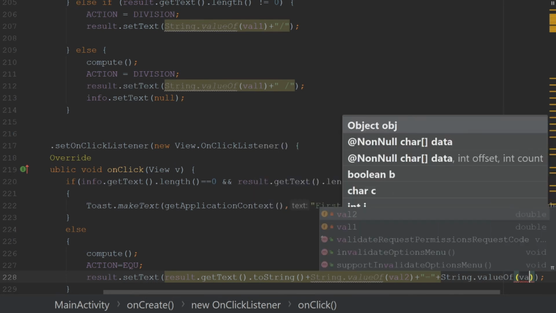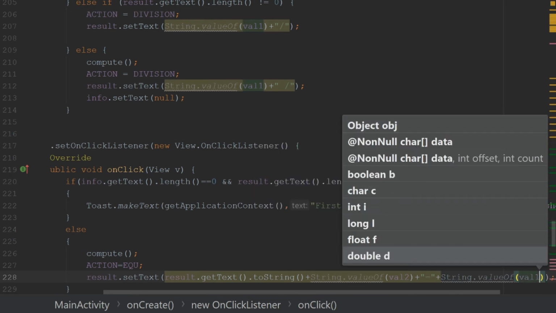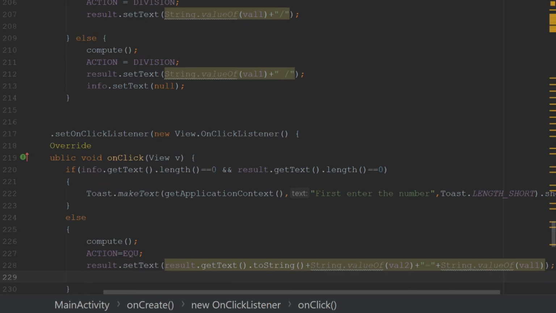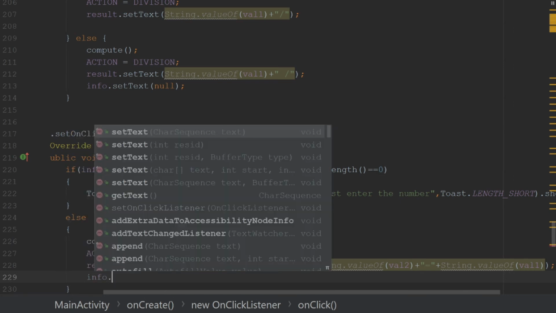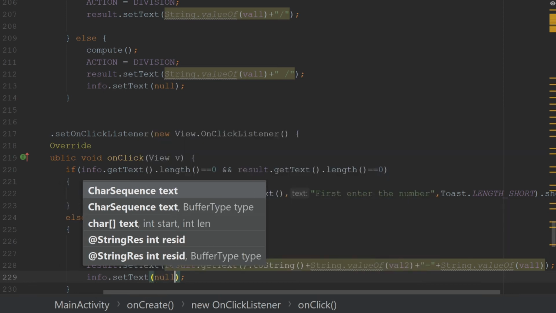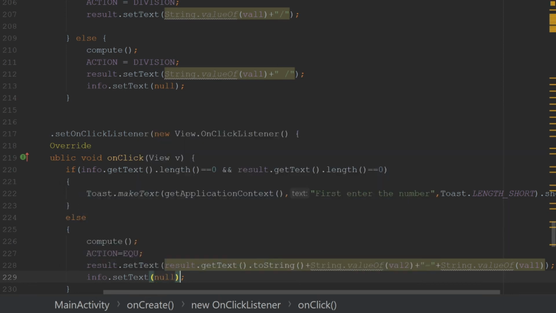Okay, don't get confused over here. I will show you how it works, and at the end info dot set text null.